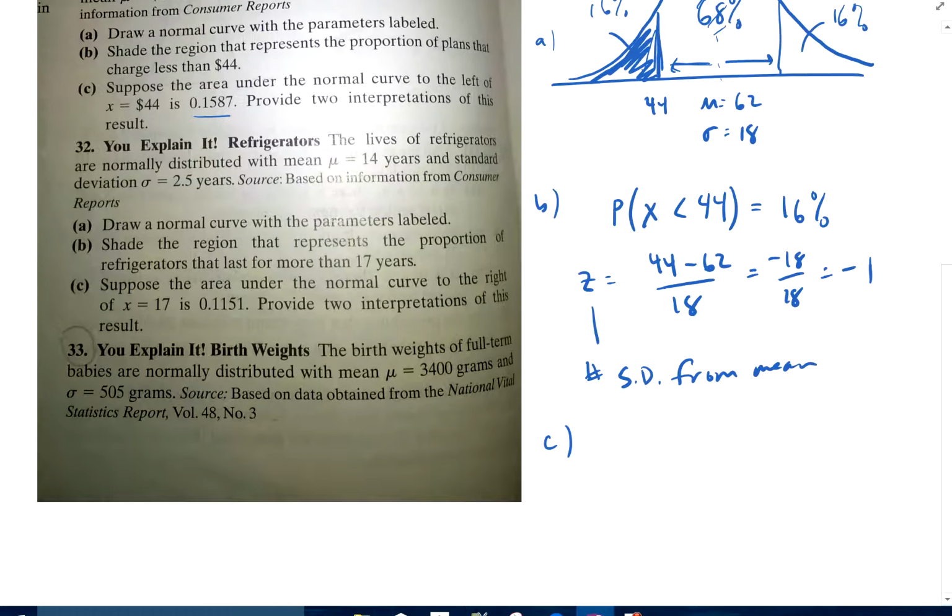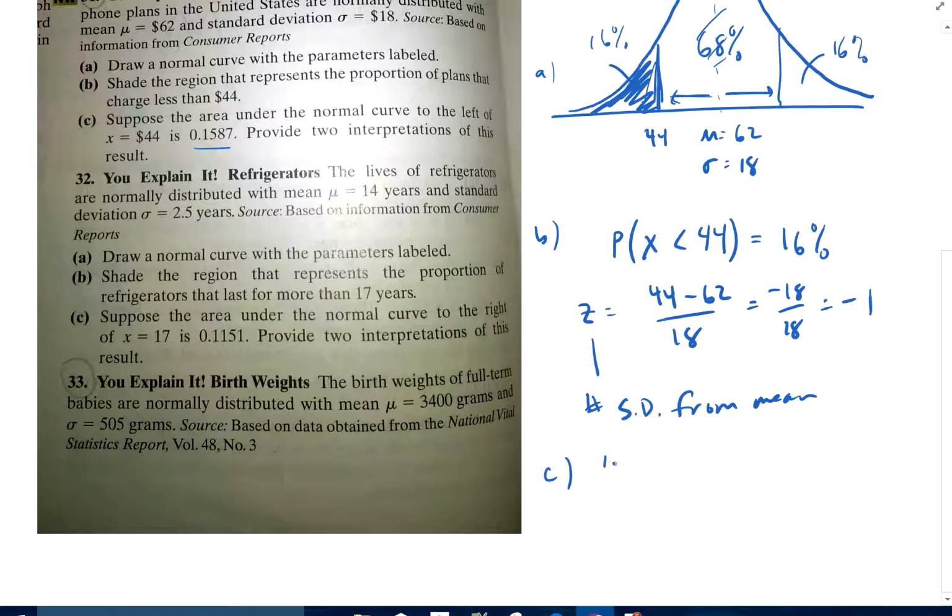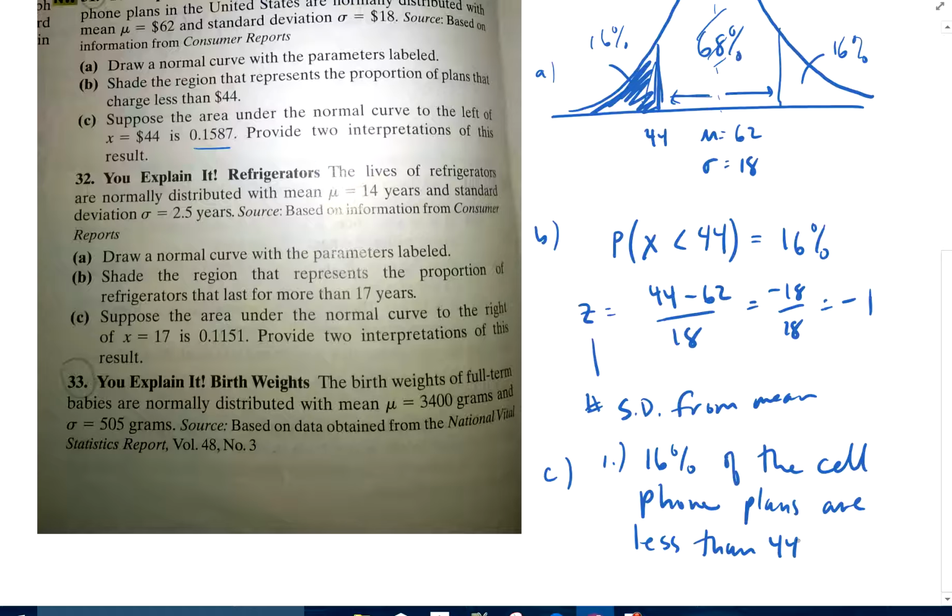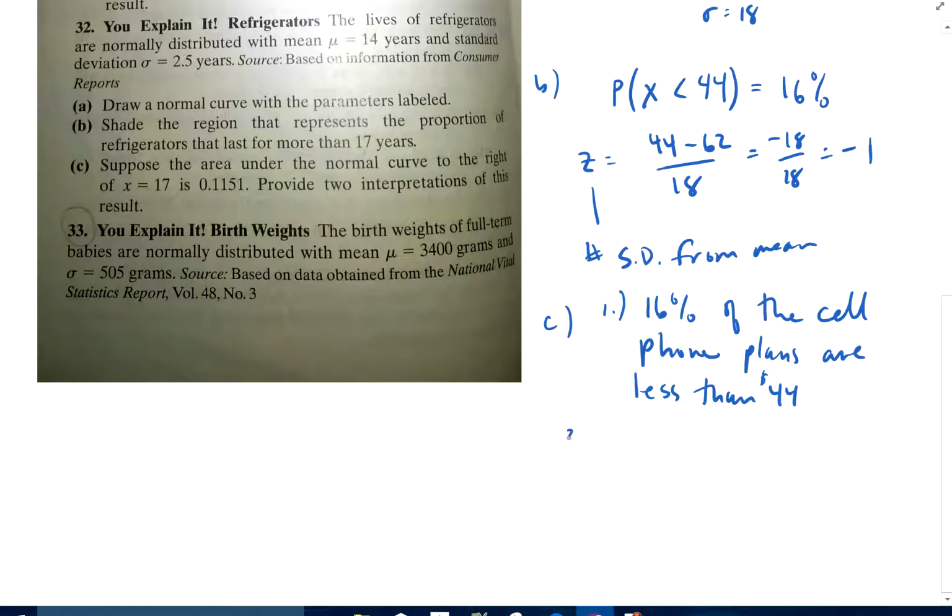C, that would mean one interpretation would be approximately 16% of the cell phone plans are less than $44. That's the first interpretation. The second interpretation is